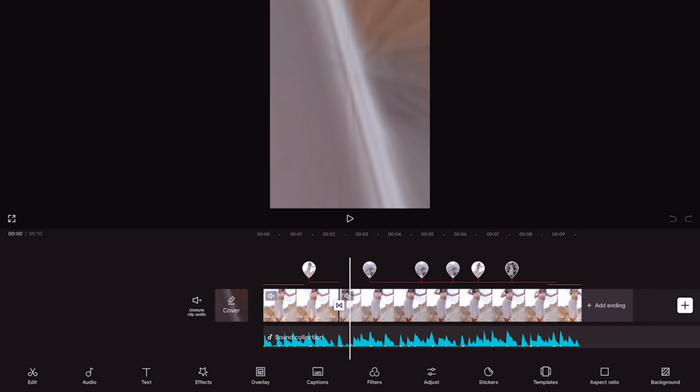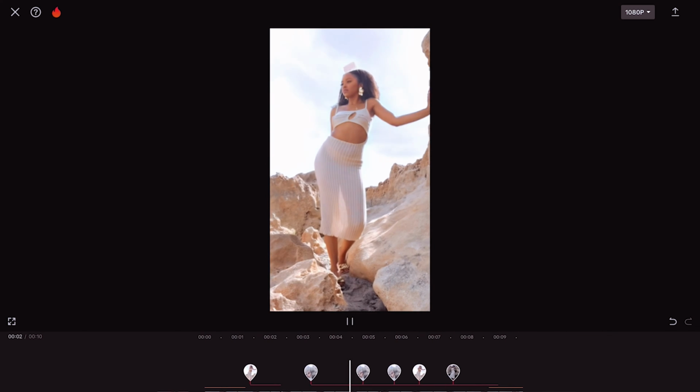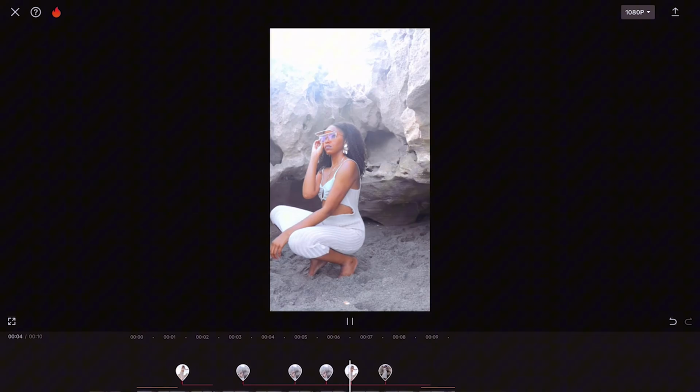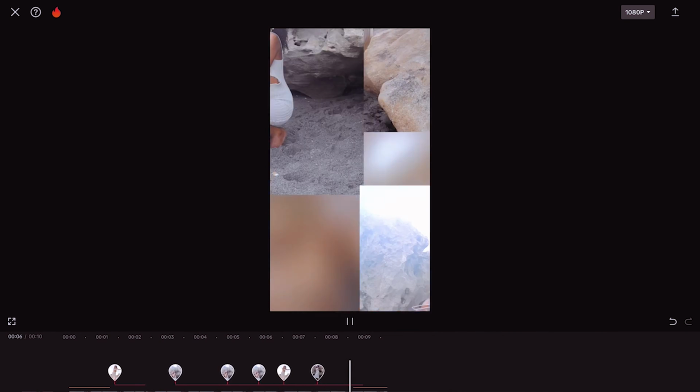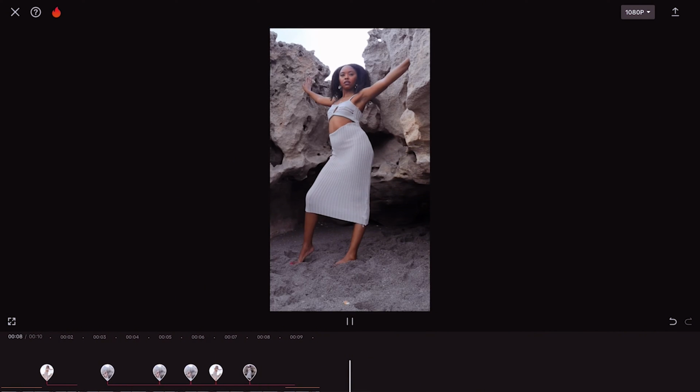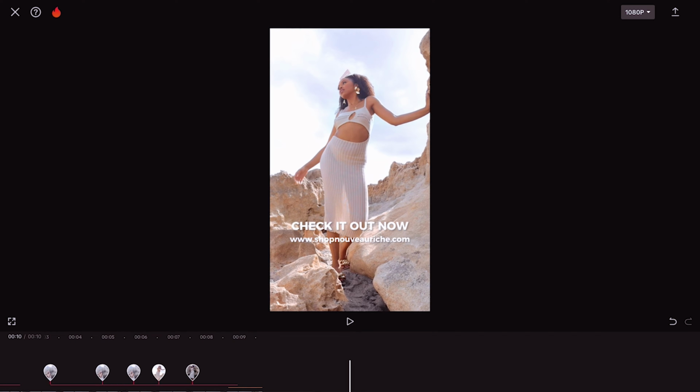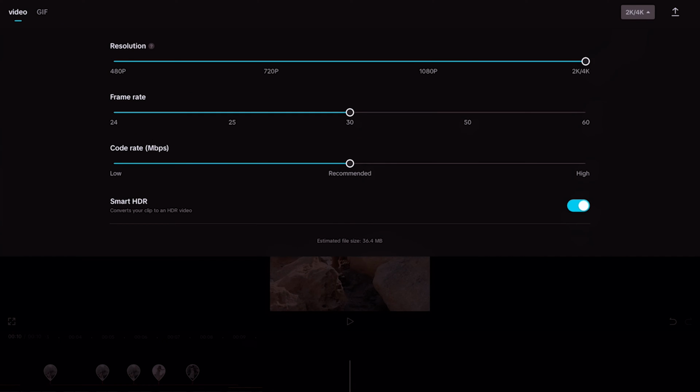And let's just see what this looks like. Oh, let me update my cover. And that would be that. So then just export. As you can see, the smart ads is more like AI generated ads, whereas the ad maker you're choosing from templates. Thus the difference between those two. I personally like the ad maker more,